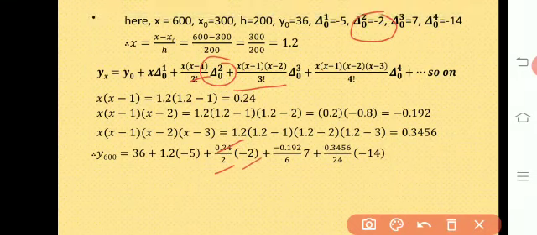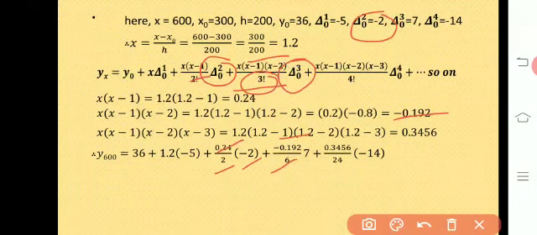Plus x into (x minus 1) into (x minus 2), and that value is minus 0.192, divided by 3 factorial. 3 factorial is 3 into 2 into 1, so 6, into delta 0 raised to 3, and delta 0 raised to 3 is